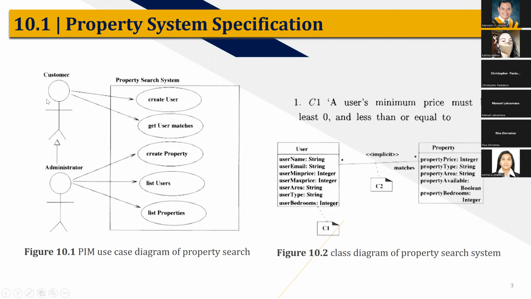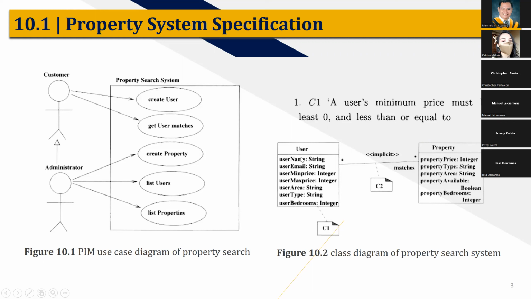These customers try to validate and access, create users, get user matches. These are the properties, the search validations on the criteria, as well as the administrators, for the list of users, list of properties, and the location of the properties. And the number 2 is